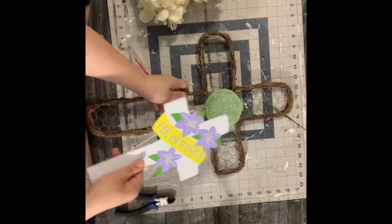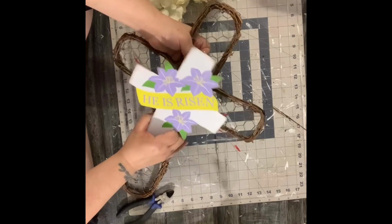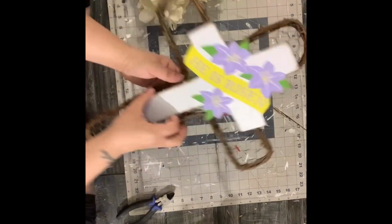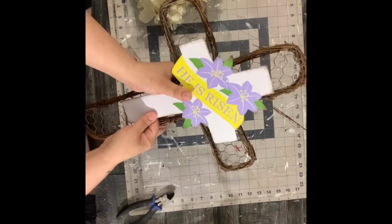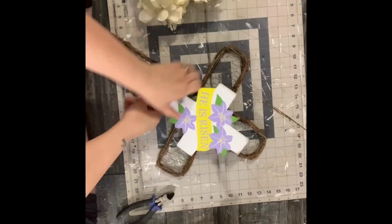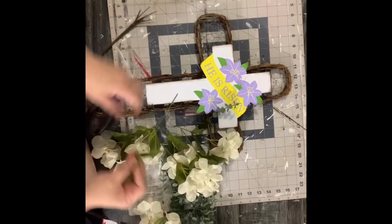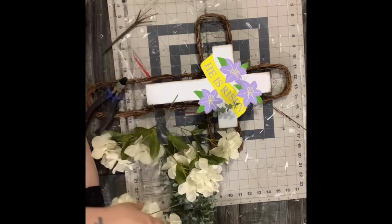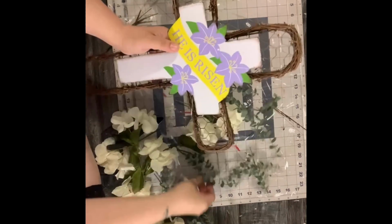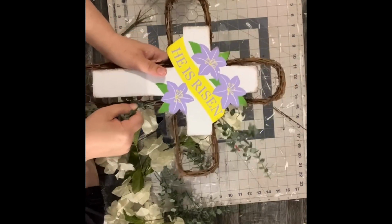So for the third and final wreath cross, I have this He is Risen cross metal sign. I've had it for a couple years and I don't recall where I got it. I think I had to have gotten it at Hobby Lobby a couple years after the Easter sale, along with that cross wreath frame I got at Hobby Lobby. And so what I do is I just add a piece of the floral foam, and that's what I'm using to attach my greenery in. So I just glue that on top of the chicken wire,